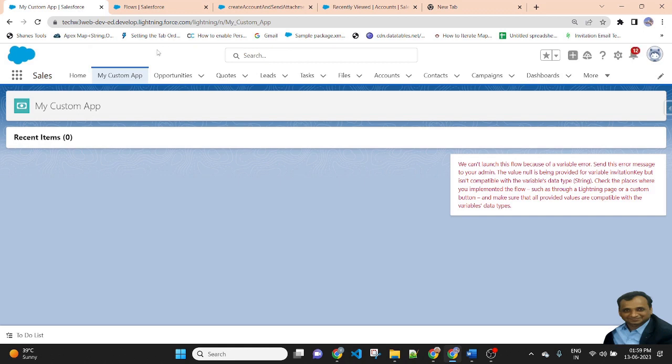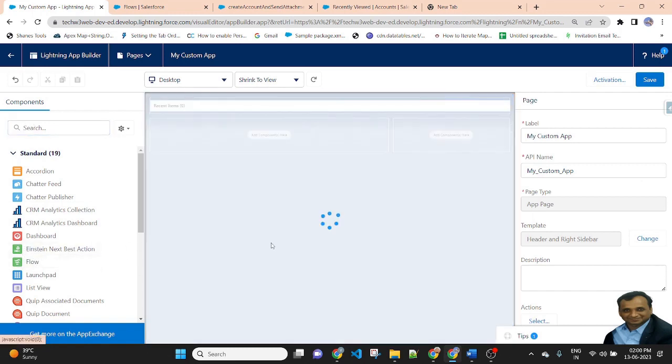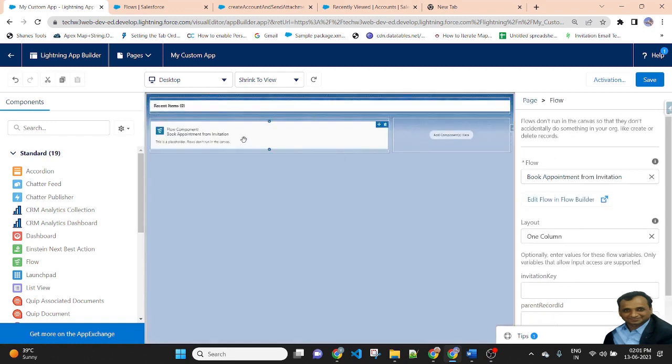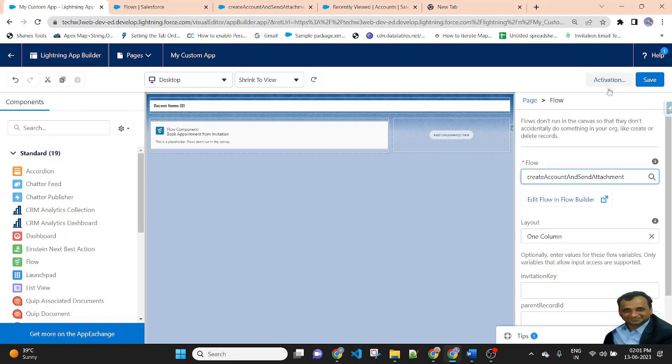So friends, you can create a custom app from Lightning App Builder, and I created my custom app and go to the edit page. Call the same flow in your custom application. Select the flow from here, drag and drop inside the app. After dragging and dropping the flow, you need to select your own flow name. So my flow name is create account and send attachment.